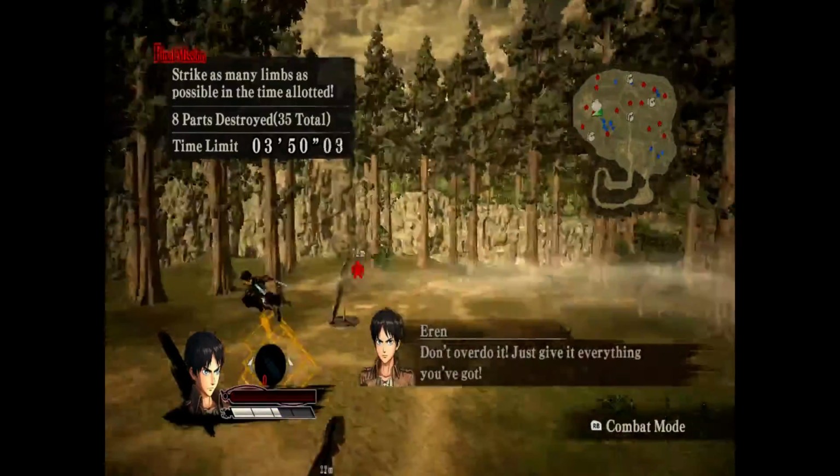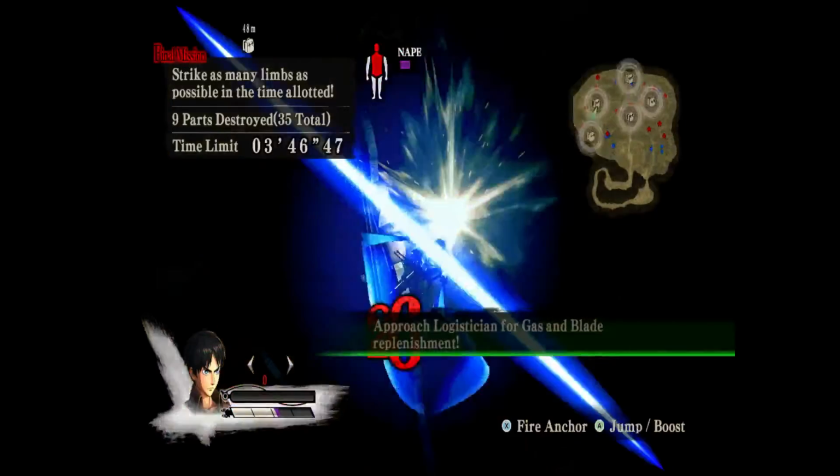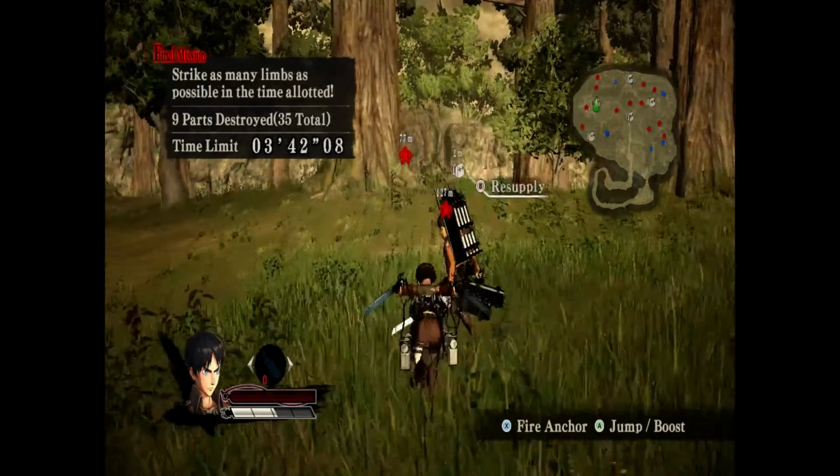Game dialogue in Japanese. And we are out of fuel, but I placed myself getting low on fuel right here because we got